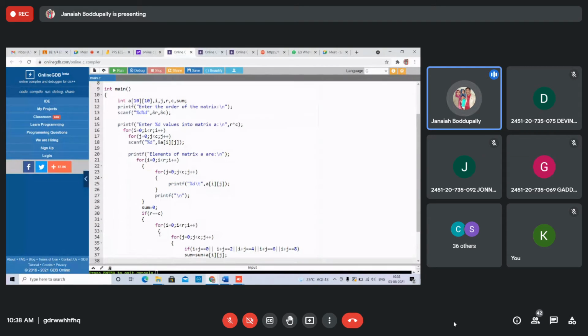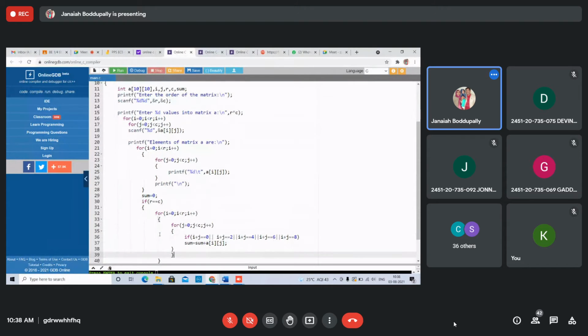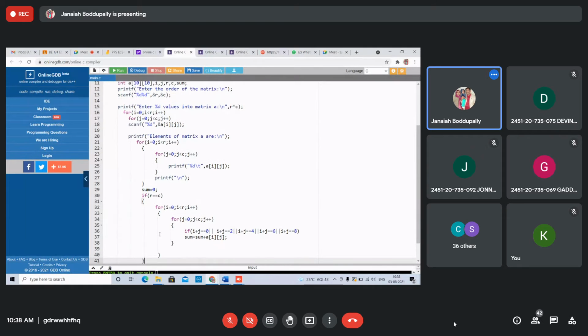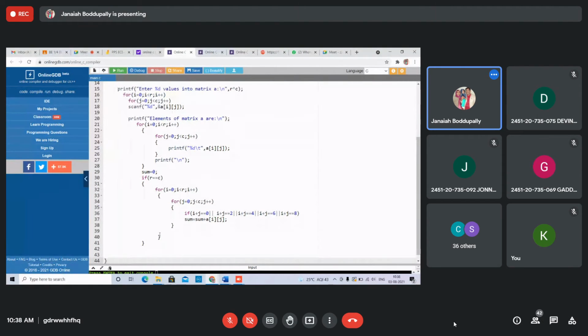Left to right, top left to bottom right, one diagonal, and top right to bottom left, all the diagonals. I will show that. Right? Now after this, display the sum. If r equals 0, we don't close this.